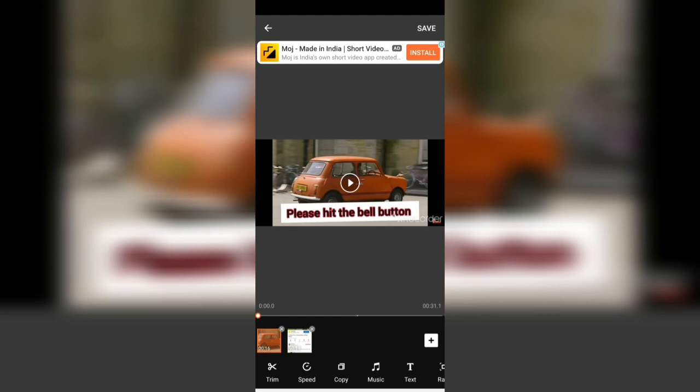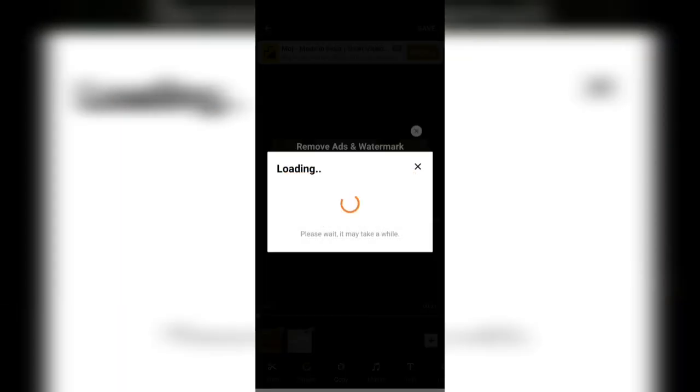Now my video is complete, and I have to save it. But before selecting the save button, you can see the X Recorder watermark here. You need to remove this watermark. First click the watermark sign, and after that you have two options: remove permanently or free remove. Obviously we know that if we remove permanently, we need to pay for that, and we are not that foolish to pay for that. So we are going with free remove, and for that we need to watch a short ad, and it is simple.